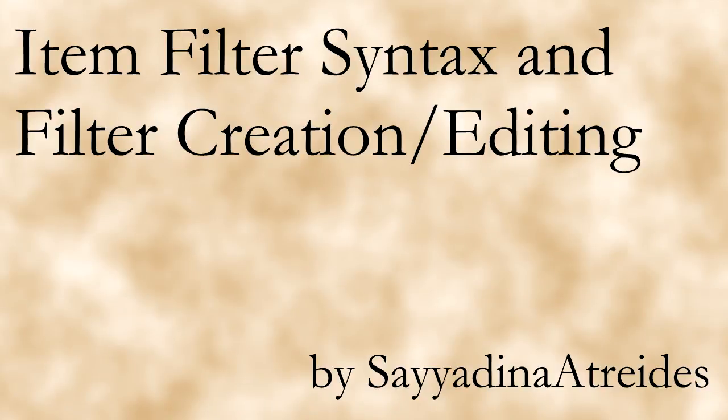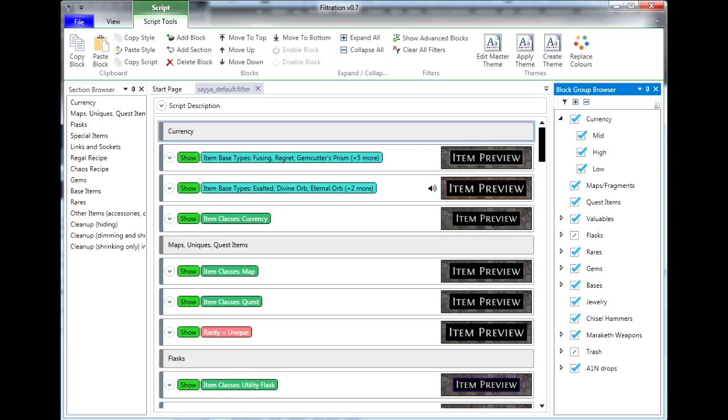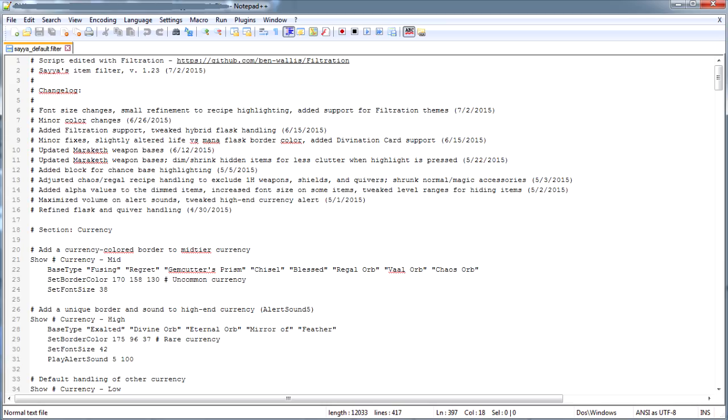Hi all, this is Saya again with a more detailed overview of the syntax and functionality available with item filters in general. We'll be looking at this in both Filtration and Notepad++. While it's considerably easier for most people to write and edit scripts in Filtration, it helps to understand the underlying mechanics first, which I'll explain in technical terms for those who have some experience with coding as well as more